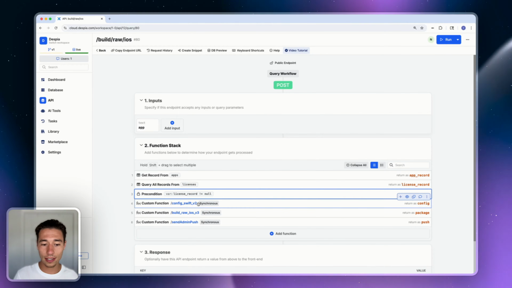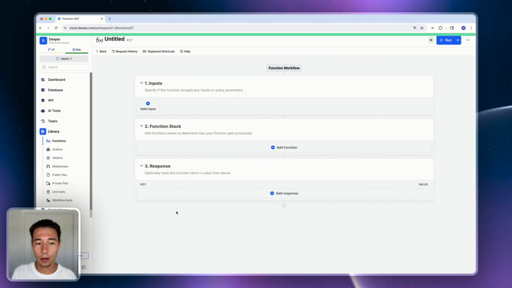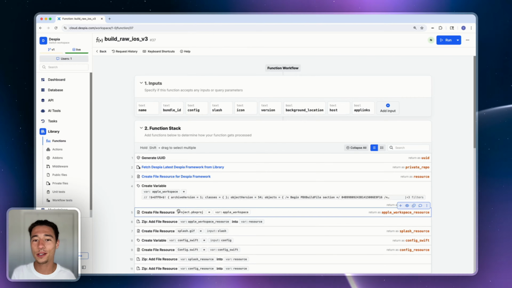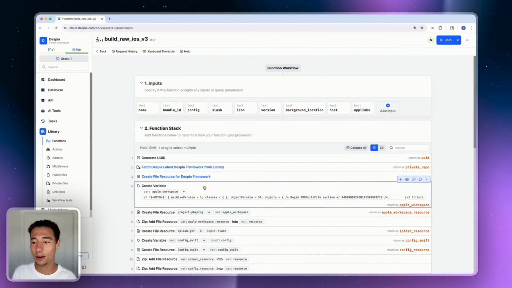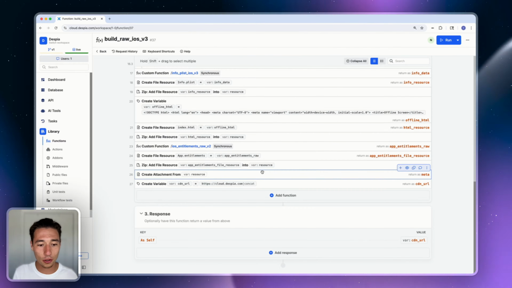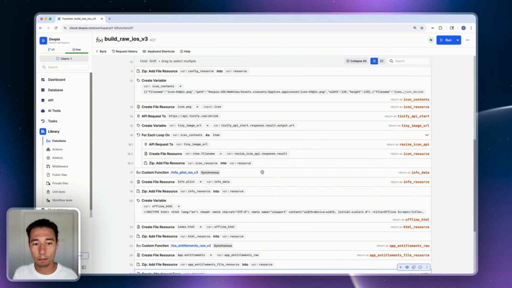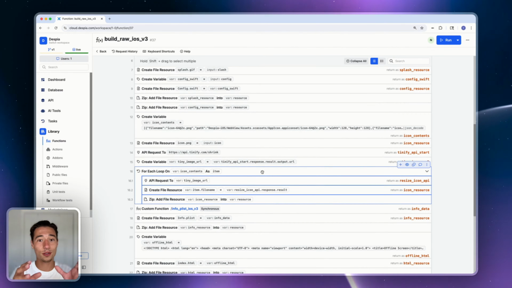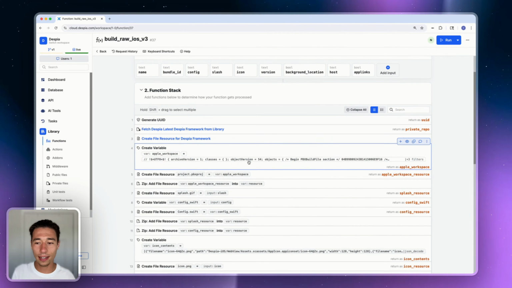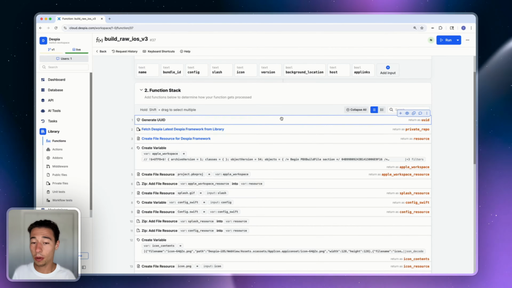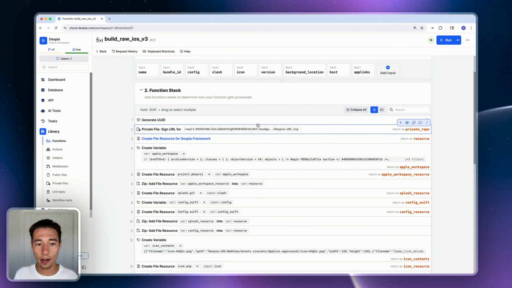What we also want to take a look at is how it actually builds the raw application, which is really cool. So what it really does in here, and that's quite complex, it's probably one of the most complex things built in Xano. We're getting some repository that we host on Xano as a private file, so everything is secure, right?